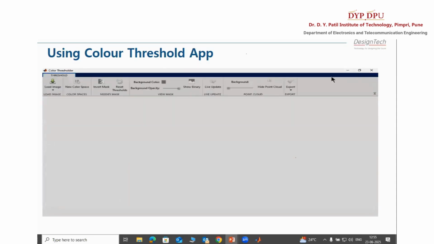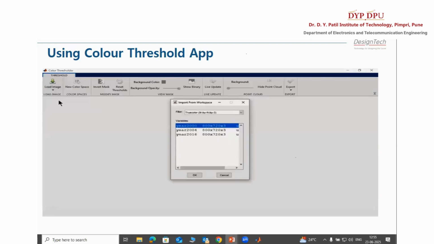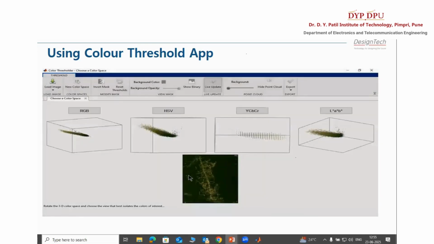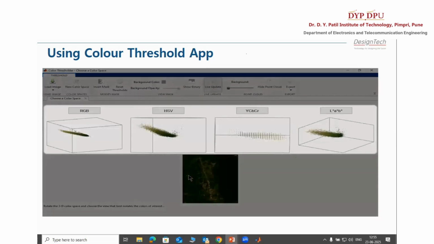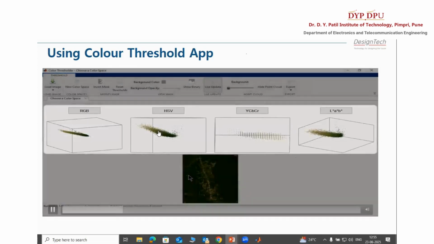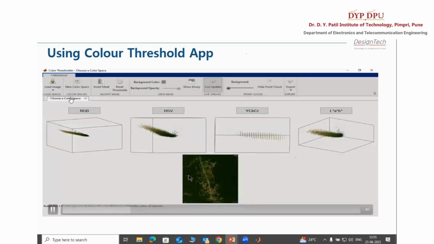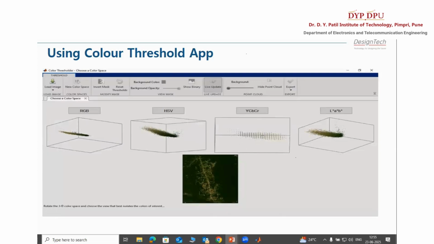Color thresholding. Click on the color thresholding app. Select the image 2004-16, which we have collected. Now you see the color spaces: RGB, HSV, YCbCr, and L*a*b. These are all shown once you import your image in the Color Thresholder app, and now you can clearly